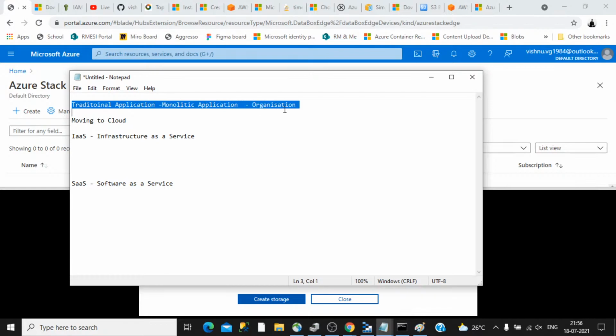So that is the ideal strategy. But because of the constraints by which your application is made, as it is a monolithic application baked into a single way, you can't immediately go to the software as a service model. So we go incrementally, first to infrastructure as a service.